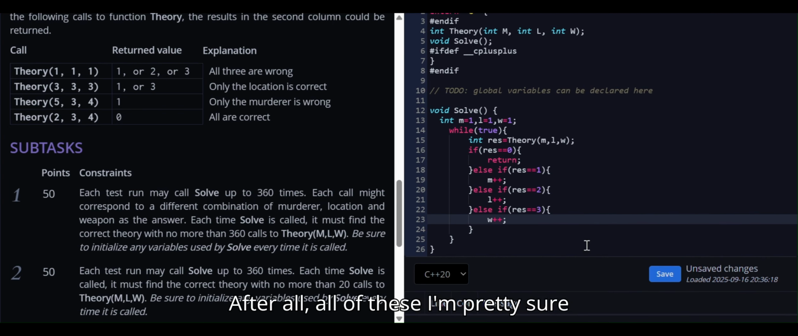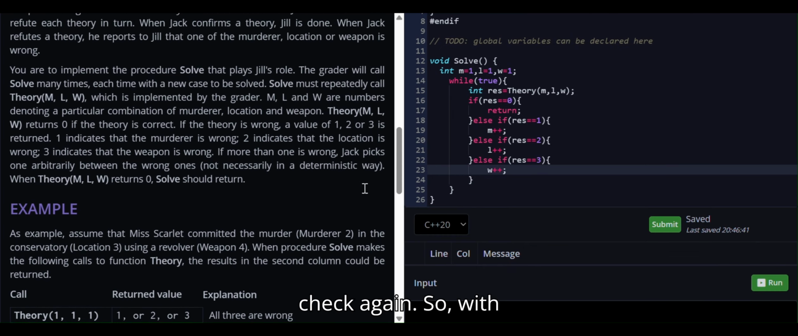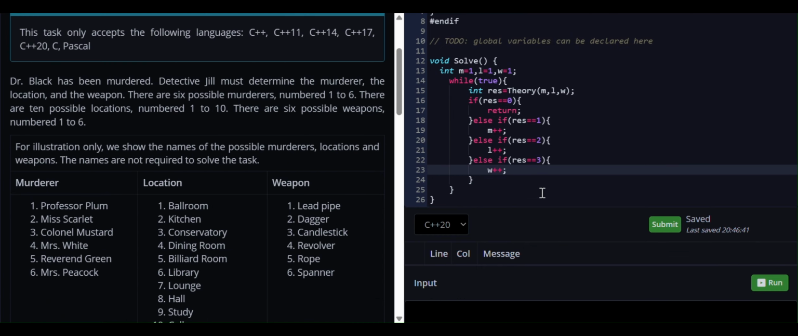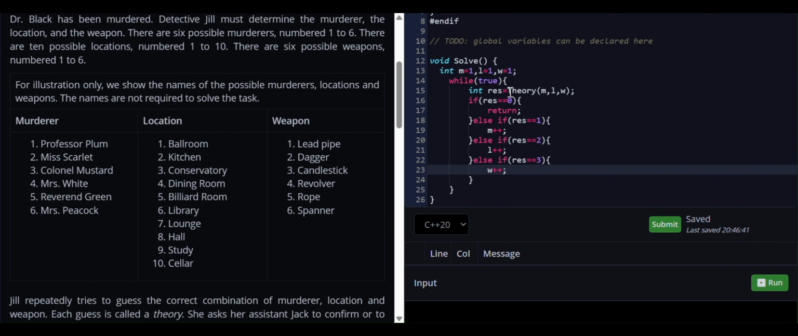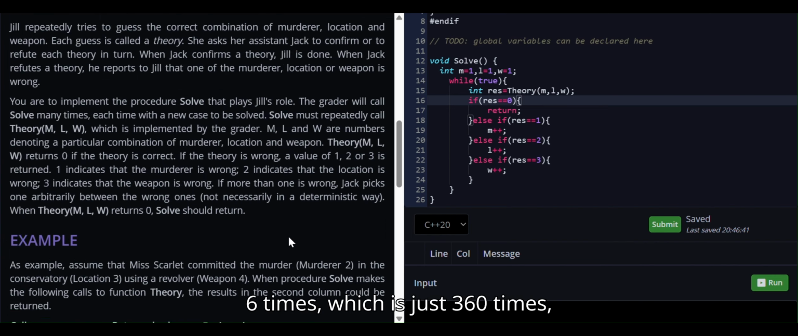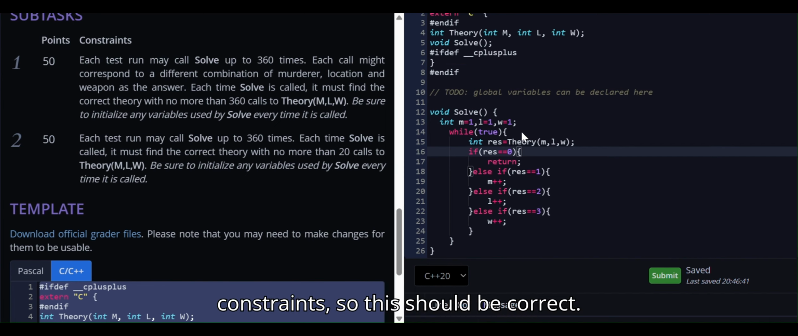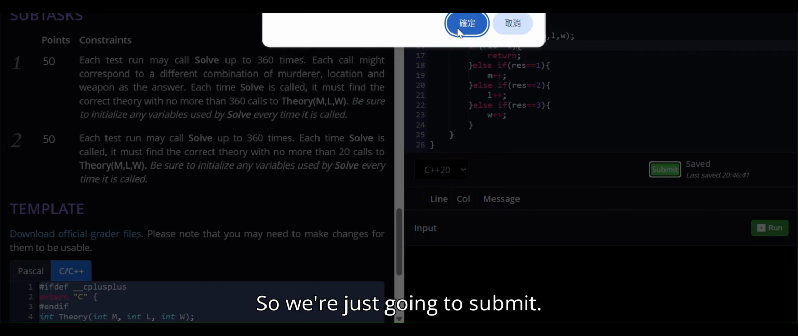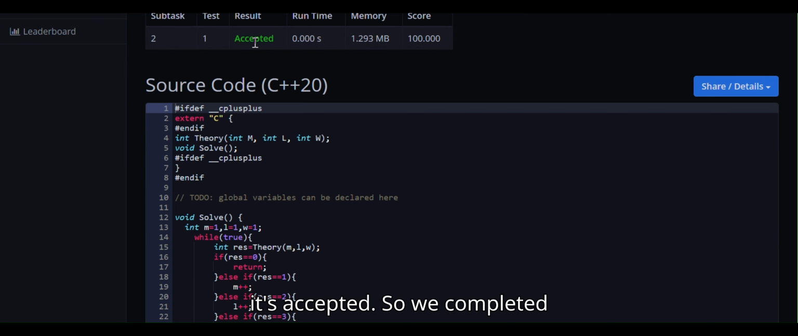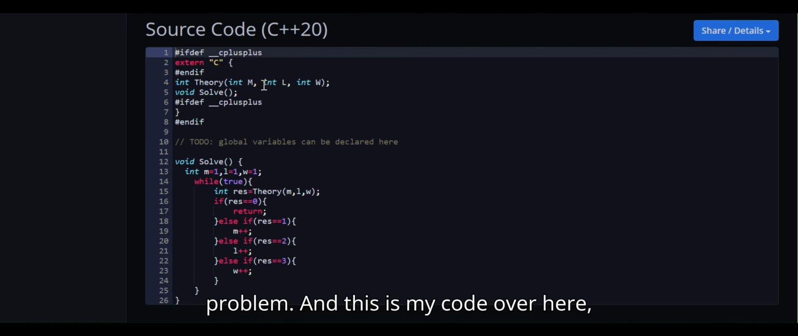After all of these, I'm pretty sure we're correct, and we're just going to check again. With this logic, at most it's going to call theory 6 times 10 times 6 times, which is just 360 times, which perfectly fits inside the constraint for this task, so this should be correct. So I'm just going to submit. Yeah, it got accepted. So we successfully did this problem, which is Cluedo, IOI 2010, and this is my